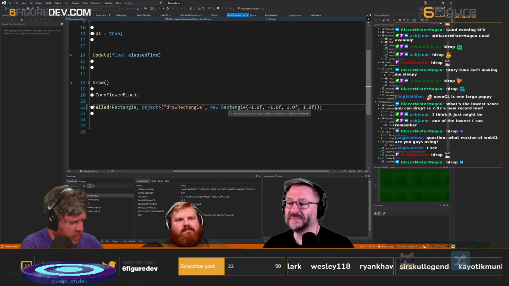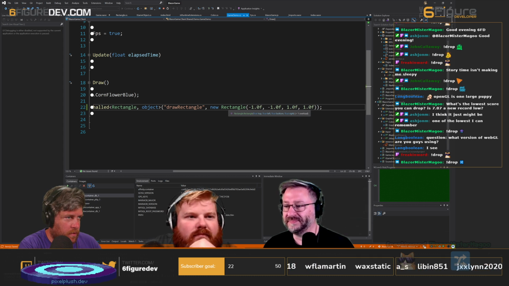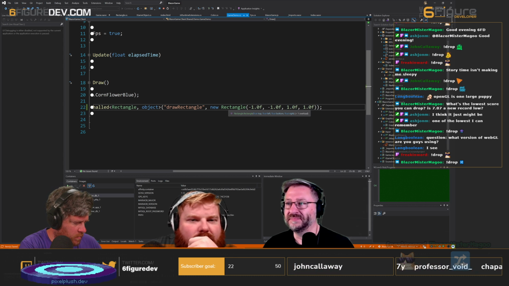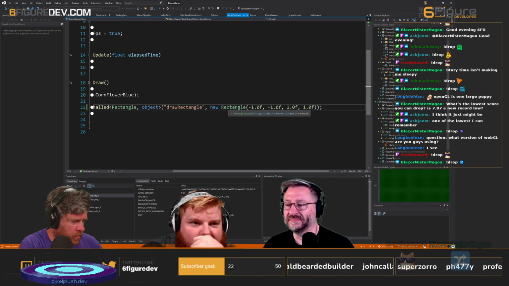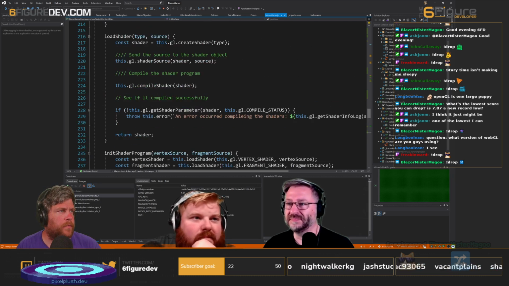Top is -1. Left is -1. Bottom is 1. And right is 1. So then if we go to here,